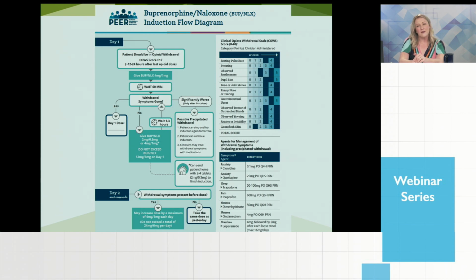And at that point in time, you have a few things you can go over. I really like that Pierre decided to put this non-opioid withdrawal management table right there on this one-pager. I think it is so helpful because you have all these different meds, and really, when you're talking to somebody about their withdrawal, it can be felt in a lot of different ways, whether it's GI discomfort or anxiety or sweating or whatever, and the table lists different options for you that are very safe to use.